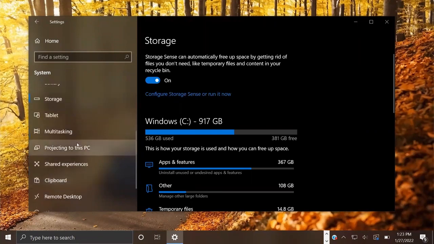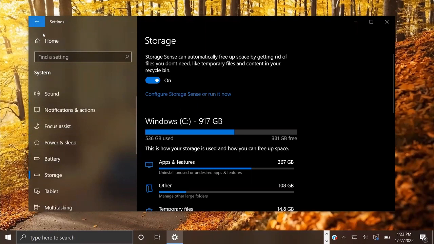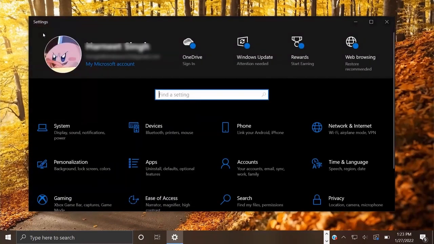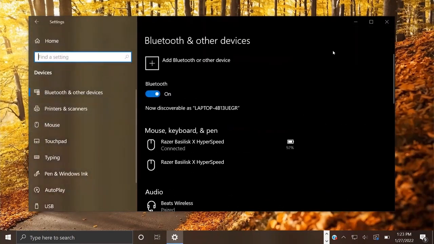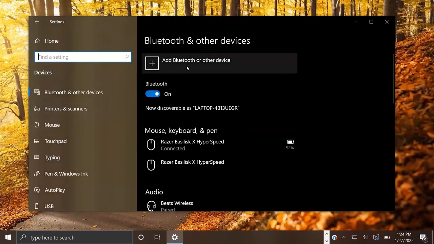All right, so that's really it for the main sections of the system settings. So we'll go back now to our main settings panel, and we're going to look now at our devices settings. So here we are in our devices settings. Now this area of our settings is really about connecting to other